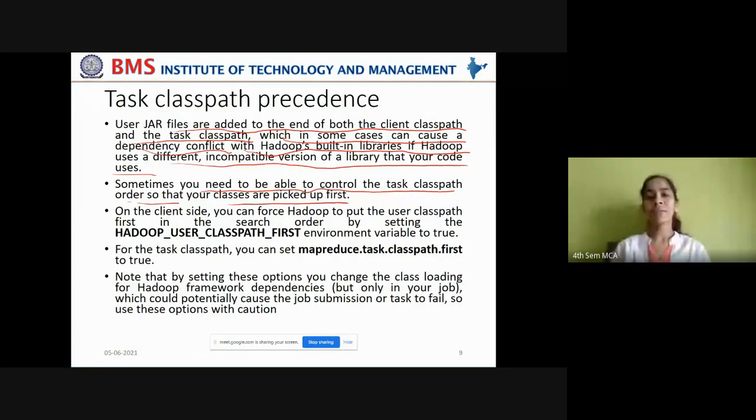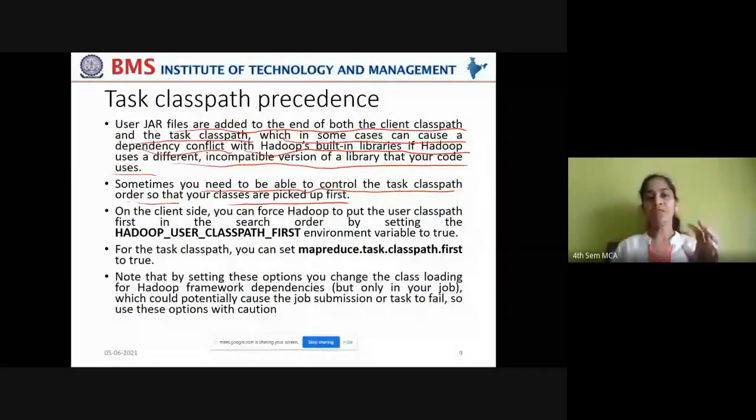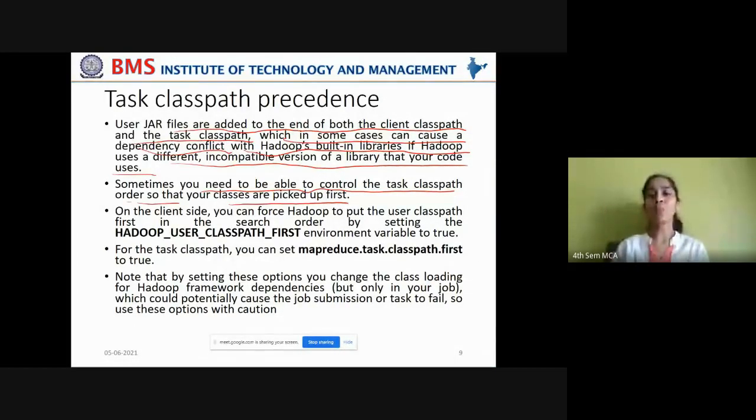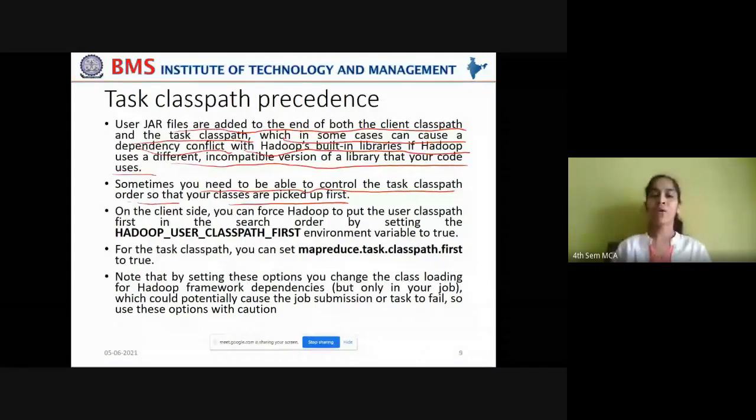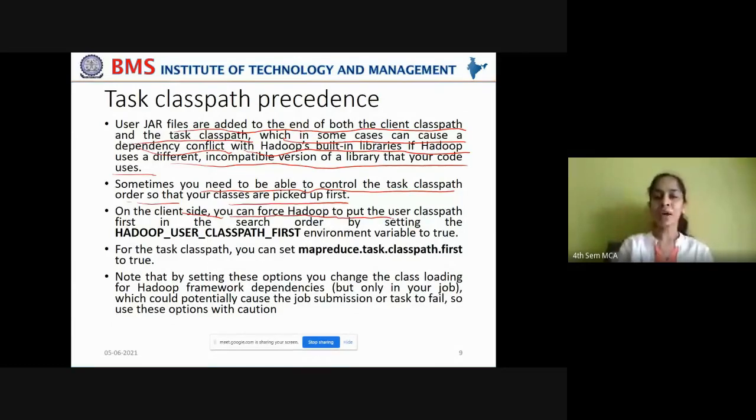Now, if your jar files' class paths are not compatible enough to work with Hadoop running a different version, how do you solve that? You should be able to override the task class paths from the command line argument. How can you do that? On the client side, you can force Hadoop to put the user class path first in the search order by setting the HADOOP_USER_CLASSPATH_FIRST environment variable to true.